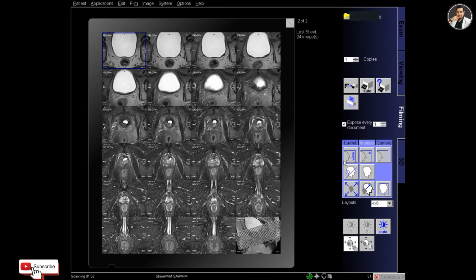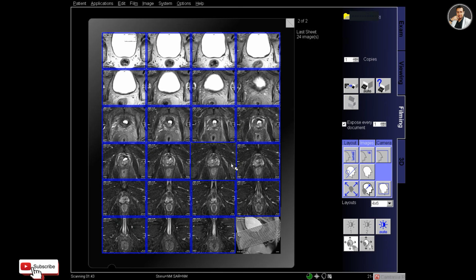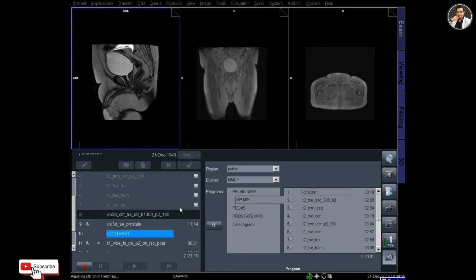So in multiparametric prostate MRI, along with the normal routine protocol, you have to take mostly the diffusion protocol and also the dynamic contrast protocol. And the MRS is not compulsory, but in this particular case, I took the MRS sequence that I will show now.